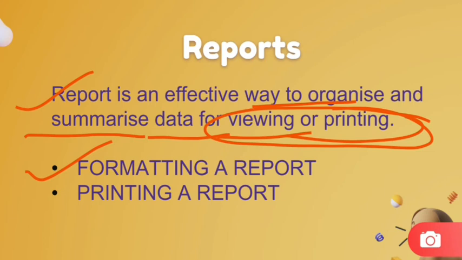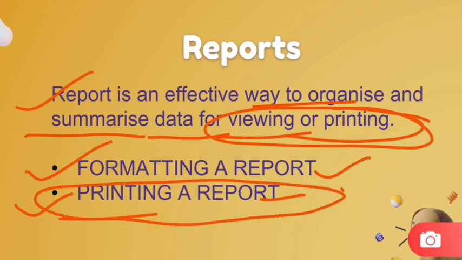In the same way that you format a form, you can format a report. And how can you print a report? To print a report, select the File tab, then click either on the Print option and the Print Preview option, or select the Print Preview button on the Quick Access Toolbar. Once you have done all these changes, click on the Print option. The Print dialog box will appear on your screen. Then set any desired print options and click on the OK button. This is a way to print a report.